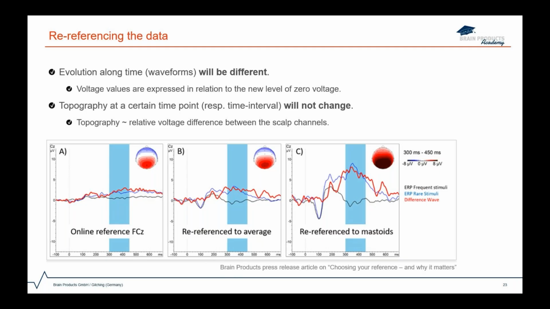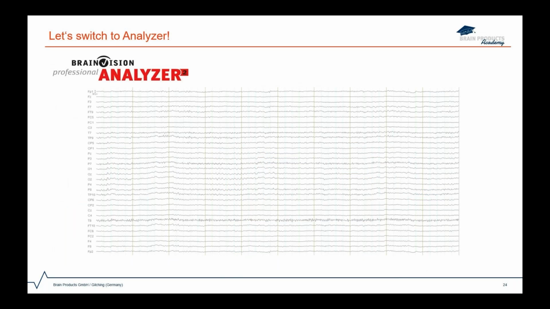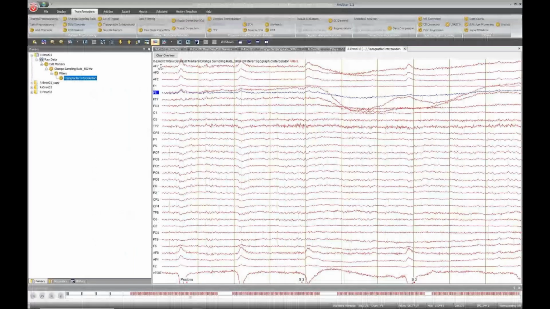You can find more information about re-referencing in our press release, choosing the reference and why it matters. But for now, I would like to show you these processes in Analyzer. And before we apply them to our main dataset, I would like to show you how this process looks when performed